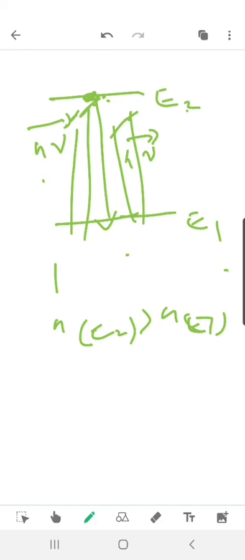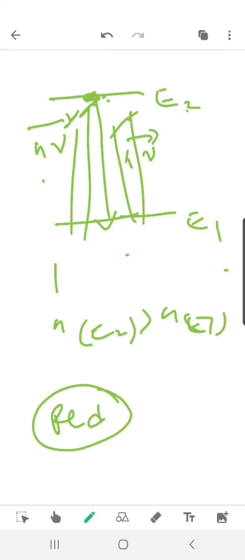For a laser device, a resonator circuit is provided. This resonator circuit is provided to alter the wavelength of radiated light, because for example, if I need red light from our laser, the light being emitted from the electrons coming from E2 to E1 should be of red color wavelength. If it is not of red color wavelength, we will use a resonator circuit for that process.